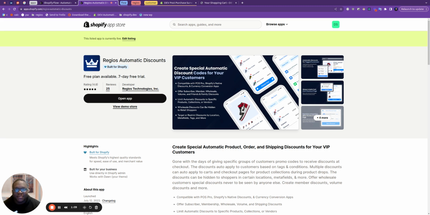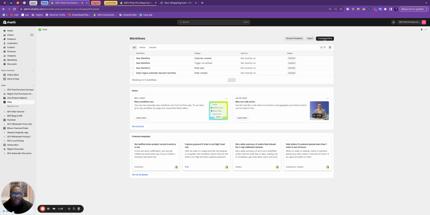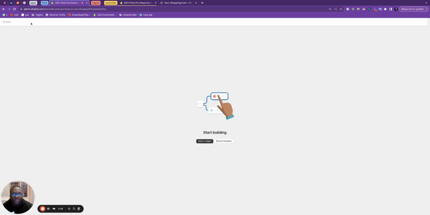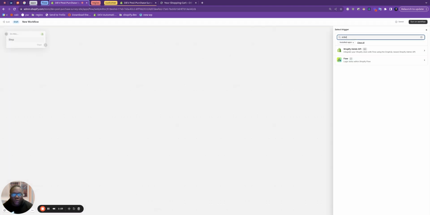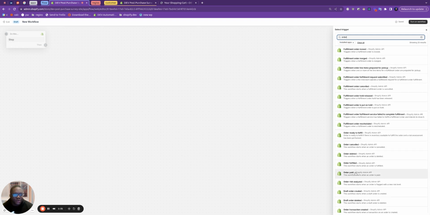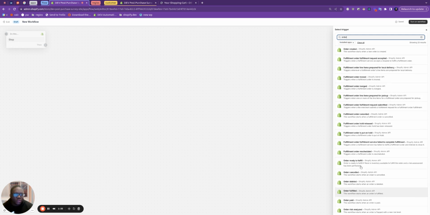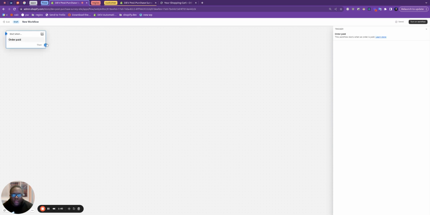Let's dive right in. Open Shopify Flow and press Create Workflow. Let's select a trigger. Go ahead and search order. And I'm going to choose order paid, but you can also use order fulfilled, order created, etc. Next, we're going to add a condition. Click this plus icon, select condition, and now we're going to go to the right of the screen, click add